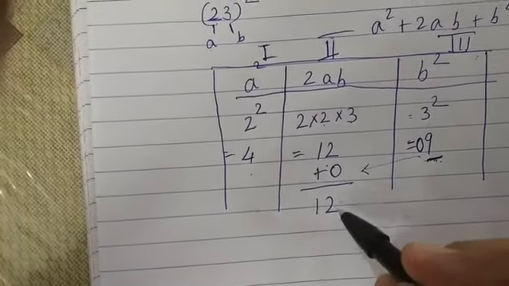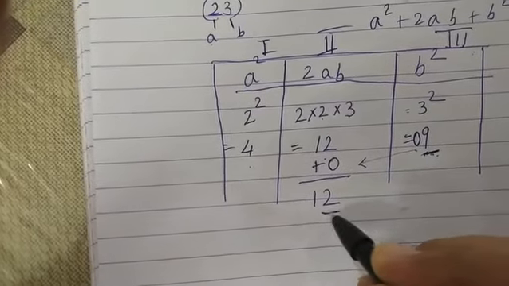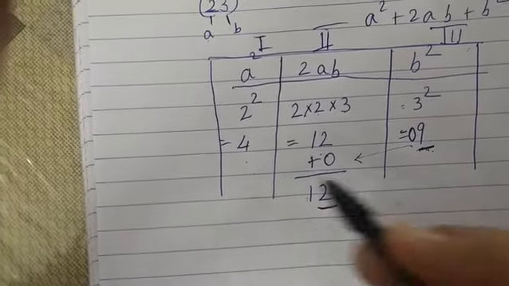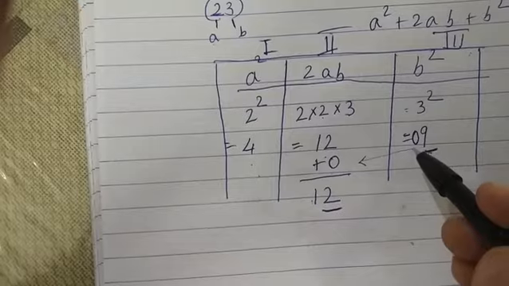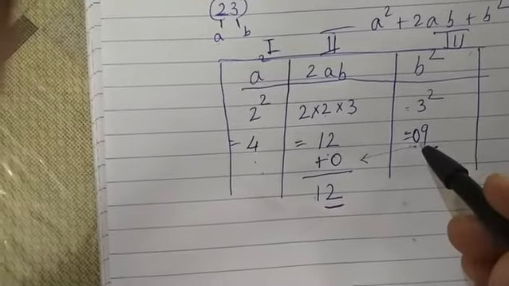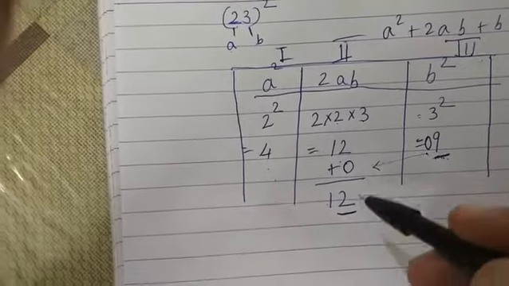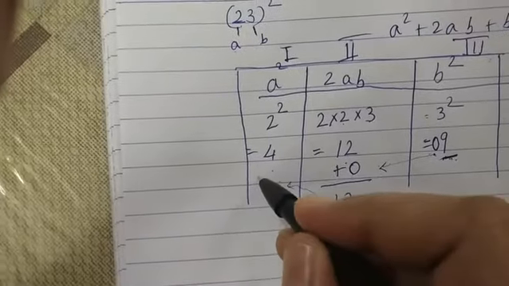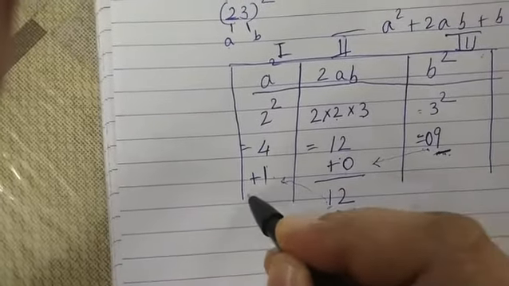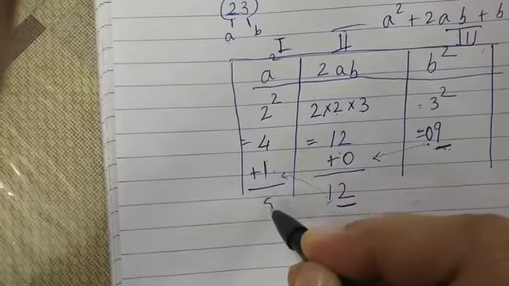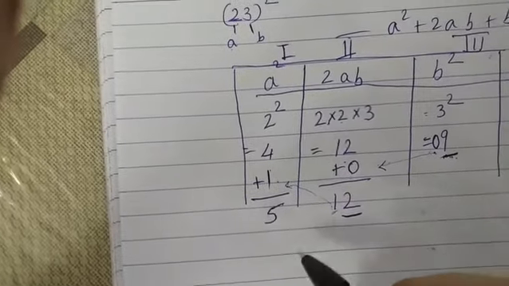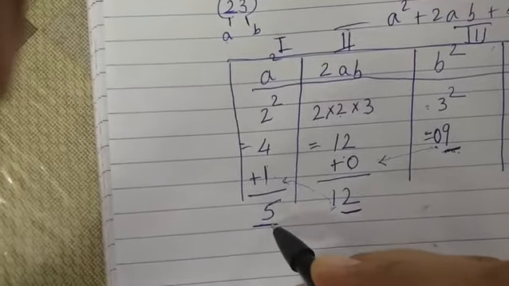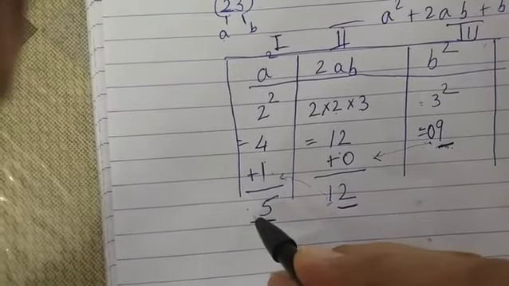So again underline the unit digit in the second column and carry over the tens digit to the first column. We have to always carry over the tens digit to the next column, starting from the third: from third to second, second to first. So what is in the tens digit is 1. So 1 will be carried over. So here we will write plus 1. So what is the answer? 4 plus 1 is 5. Now underline whatever is there. If it is 5, underline 5. It is 25 in total, whatever the digits are there.